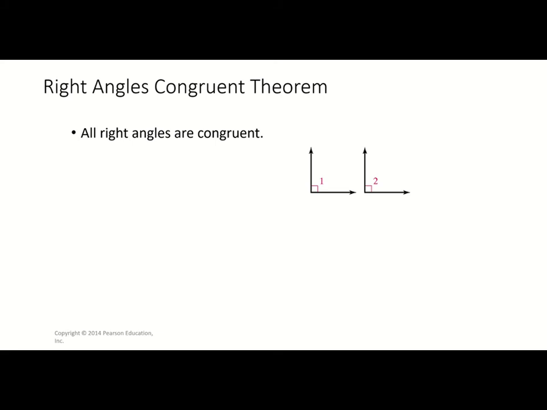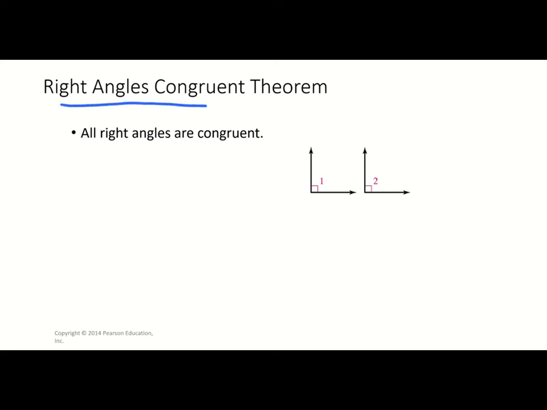We have next our right angles congruent theorem. And this one, we don't use this a lot in some of our proofs. We will mainly talk about the definition of right angles where it says that they are equal to each other. One time we would use this is if they give us 2 right angles, and they tell us we have 2 right angles, then we can say, well, those 2 right angles are congruent